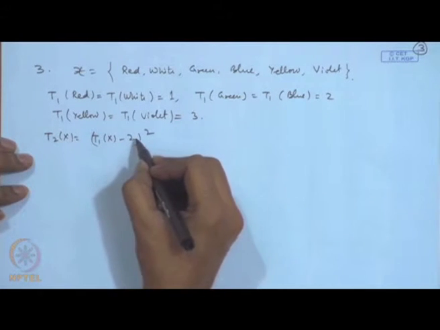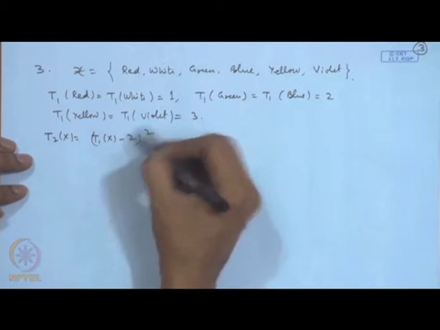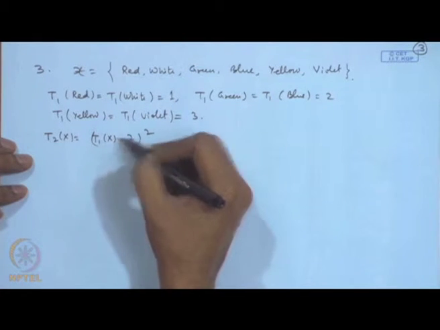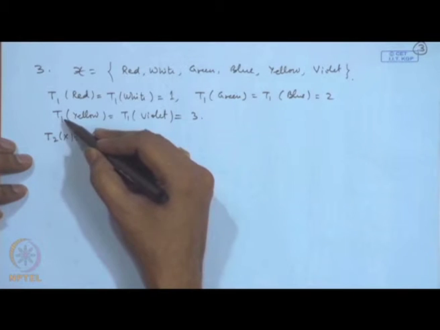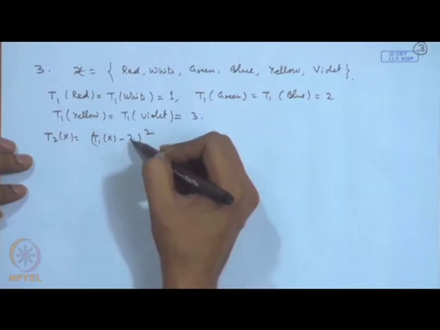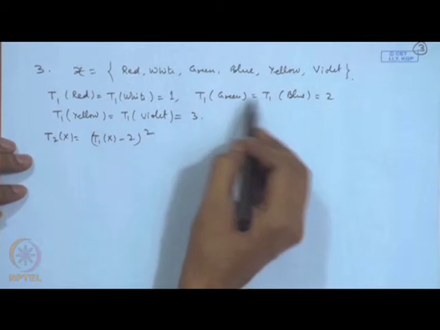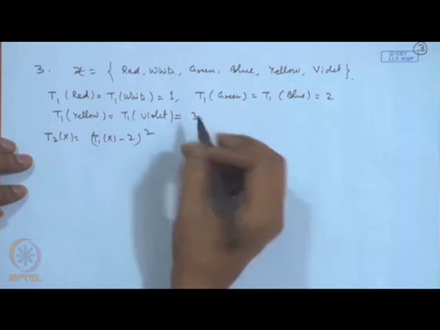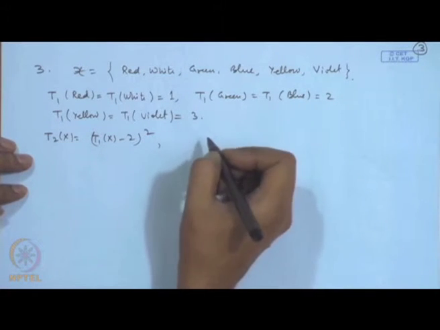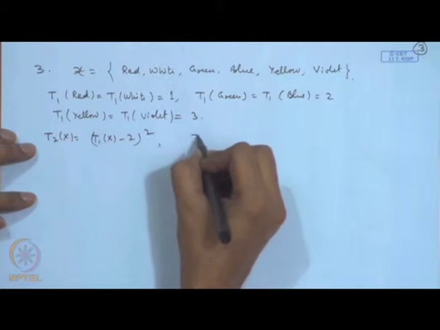Now, if you define this, then corresponding to T1 value equal to 1, T2 will become 1, and corresponding to T1 equal to 3, also T2 will become 1. Corresponding to the value T1 equal to 2, T2 will be 0. So, the partition induced by